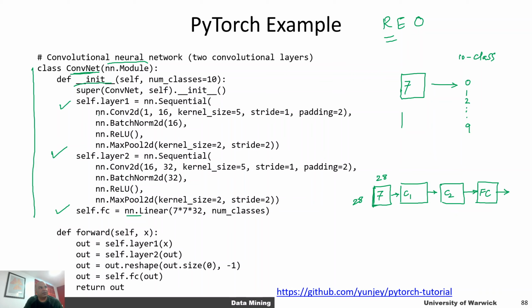If you look at it, the first convolution block, I call it C1, over here it's called layer 1, is a sequential block, just like any other convolution model that is only feed forward. It takes an input image of a single channel, that's why this is 1, and it applies 16 filters on that image. Each of those filters is going to have a size of 5 by 5. Each of those filters is going to move by a step of 1,